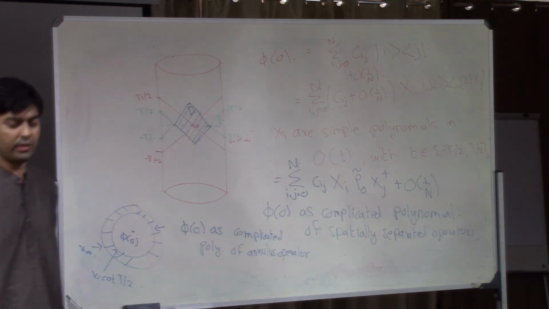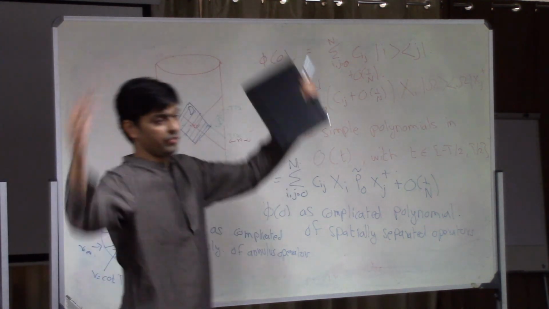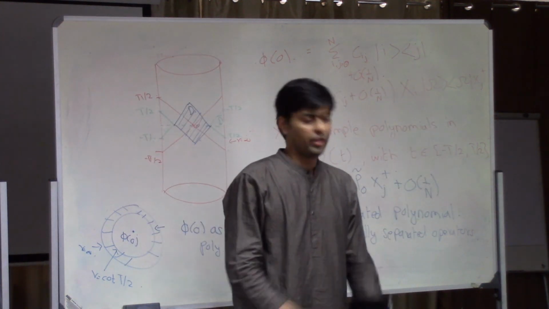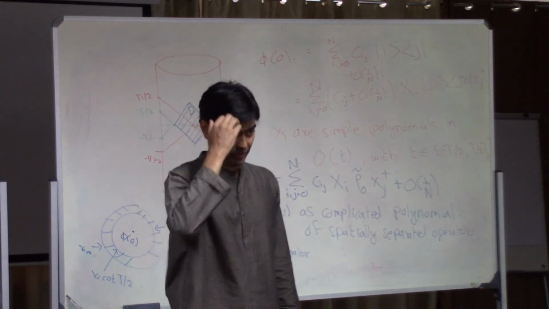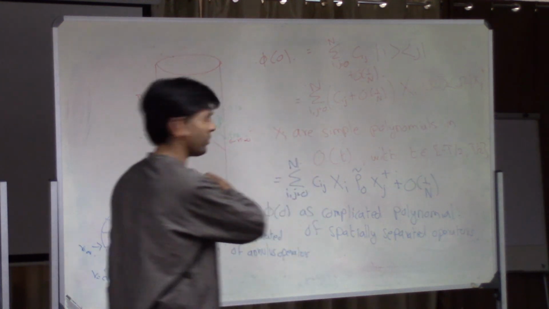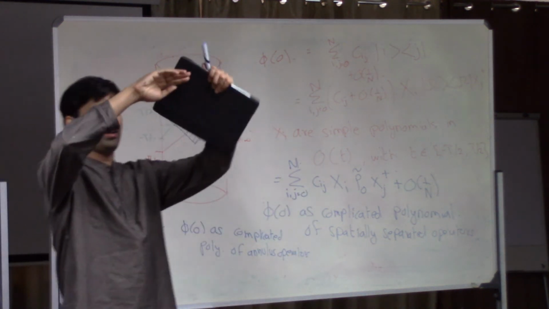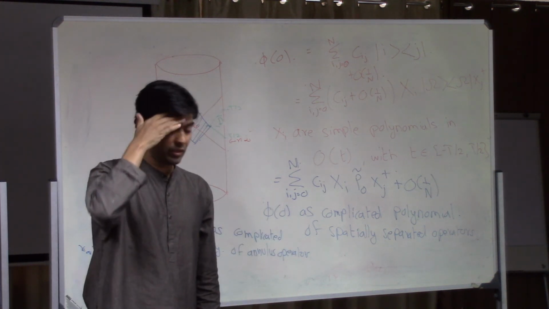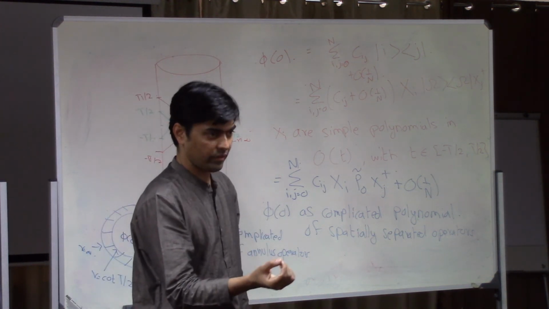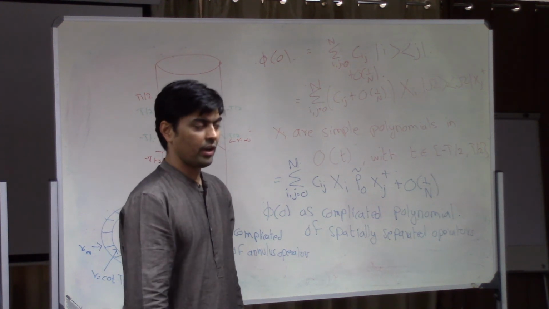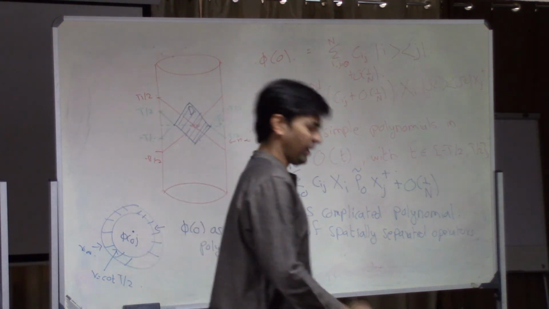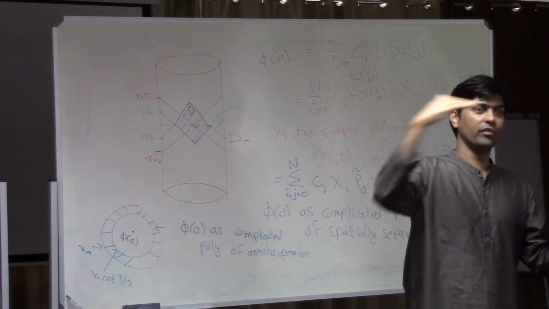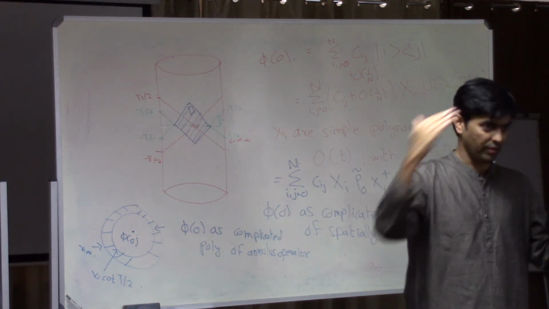So the example would be that you take a point here, you take a sphere that surrounds it. It's not just two points, but you take a point here and you take a sphere that surrounds it. You take a suitably complicated polynomial in the sphere. I don't know what the numbers you have to put in would be, but you take a very complicated polynomial of operators in the sphere, and that polynomial reproduces for you the action of operators in the middle of the sphere. So this number probably has to scale like the radius of the sphere divided by the Planck scale to some power.